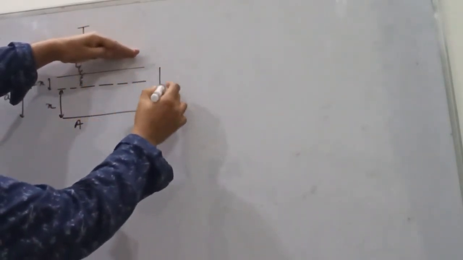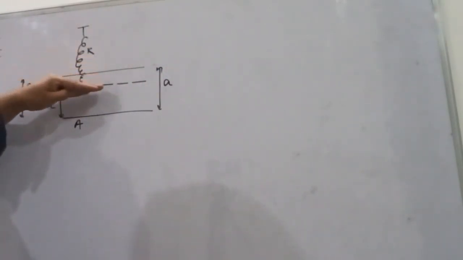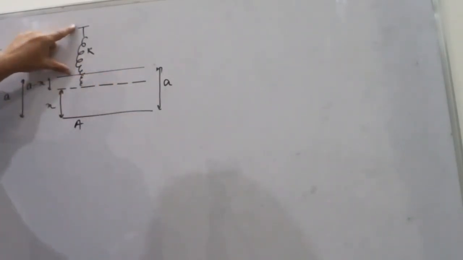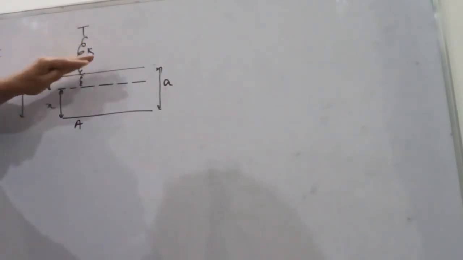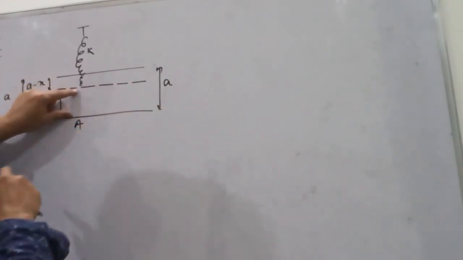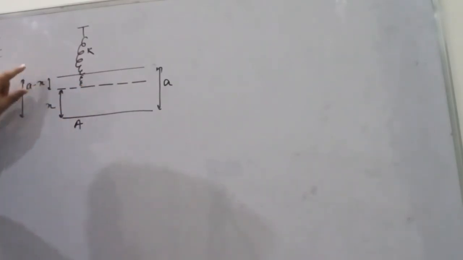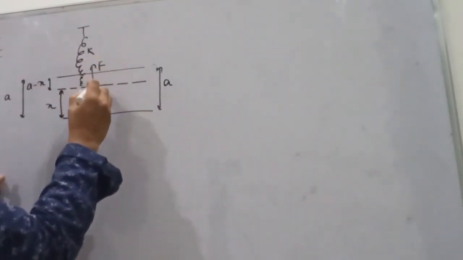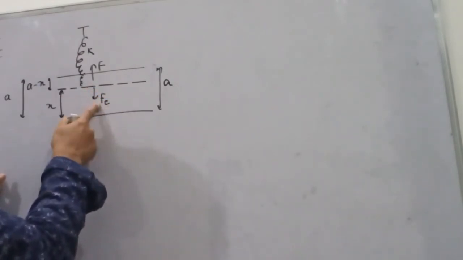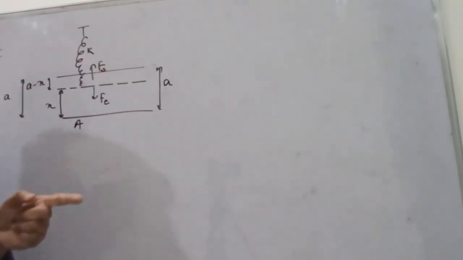Total distance between the plates is A as it is mentioned. Now we pull the plate down here, so the spring will be elongated. Earlier the spring was at its natural length. After some time when we pull the plate down, the distance between the two plates is now x. So A minus x is the extension in the spring. The spring wants to hold it back like this, but the plates try to attract each other like this. I am denoting it Fe, electrostatic force, and this is Fs, the spring force.